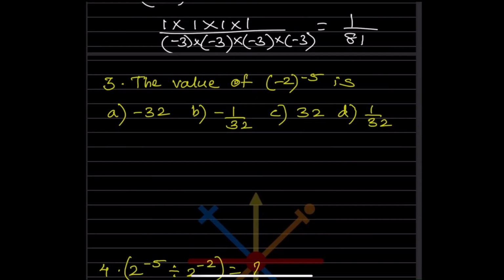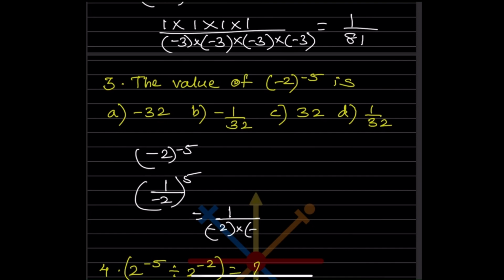Now look at this problem here, that is minus 2 raised to minus 5. We have to find the value of this one. So now here again we are going to make the exponent positive. So this will be 1, and this minus 2 is going to be written 5 times. Either you can write minus 2 like this 5 times, or just write it with the power. So this will be 1 by 2 to the 4, to the 8, 16 and 32.